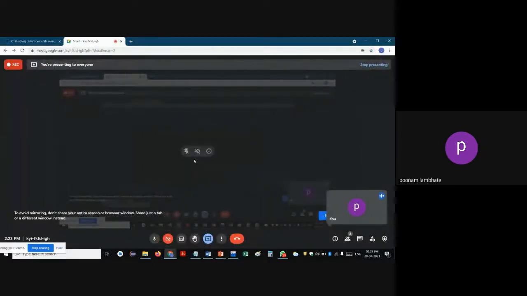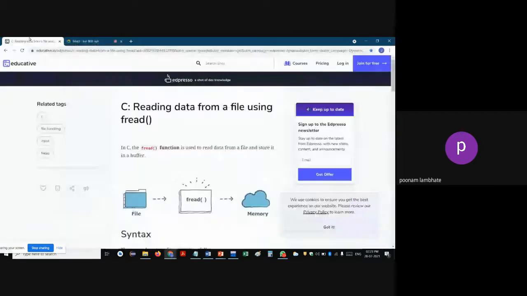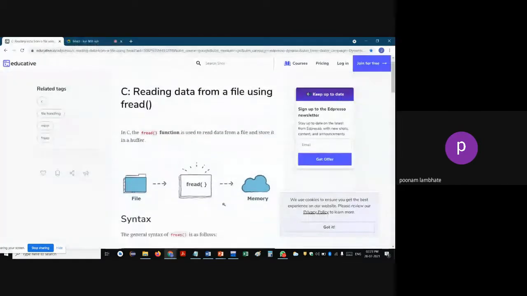In this session, we are going to see another two built-in functions to read and write to the file, and then we will see some programs based on file handling. So this function,